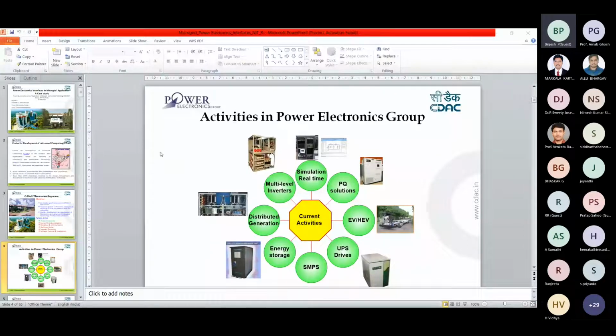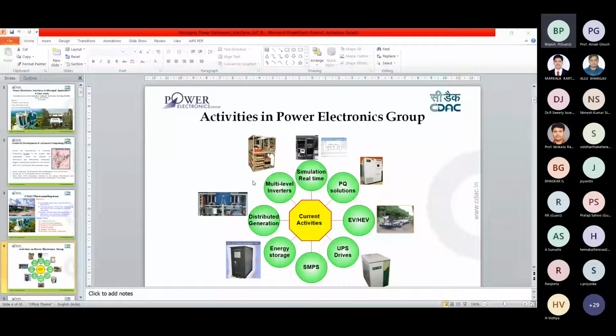Then it can always complement your main grid, even with conditioning. A microgrid can provide grid conditioning, especially during peak demands. So that is also an application.